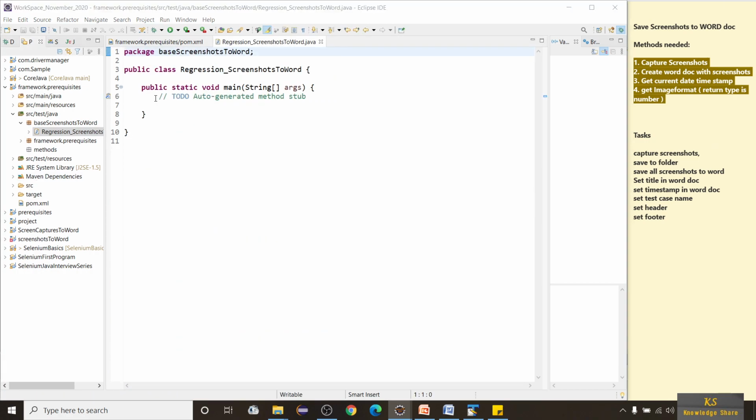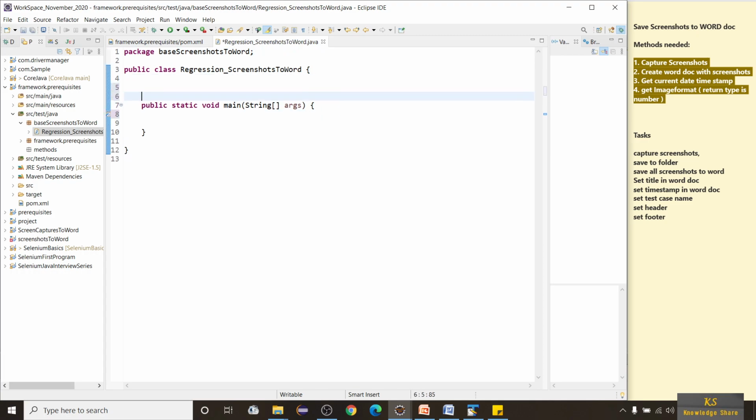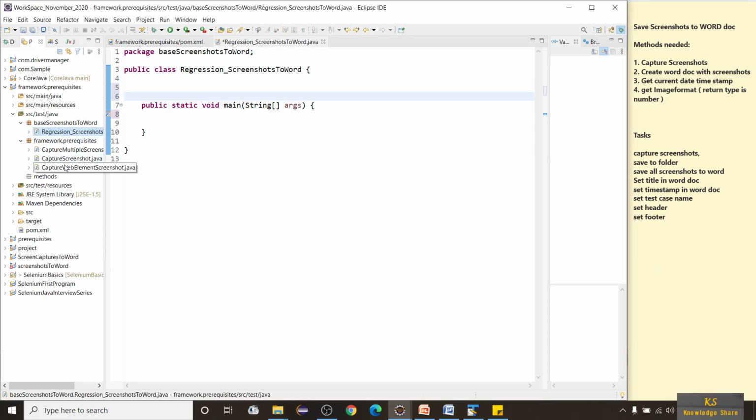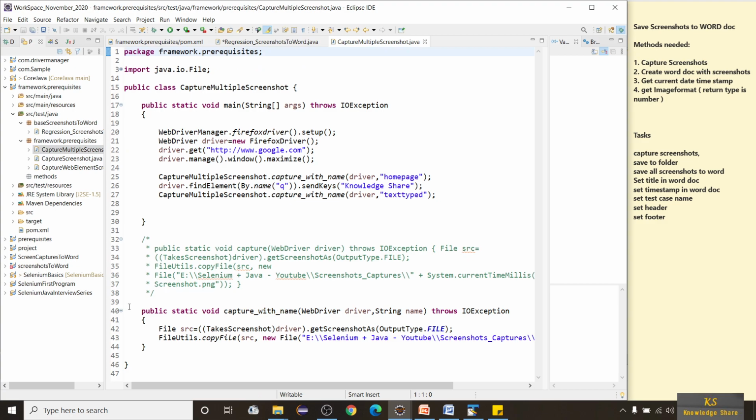Okay, now what I'm going to do is, basically we are going to write a method capture screenshots which will contain the names, right? So as we saw in our previous session, we have capture with name, right? We are passing the driver and also this name, which we are passing in that parameter. See home page, we are passing a name of the screenshot, right?